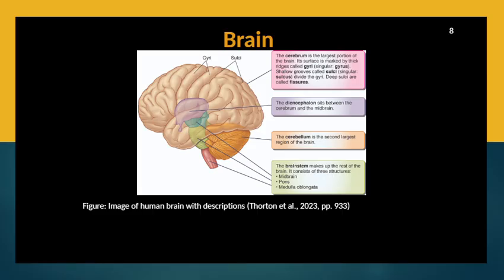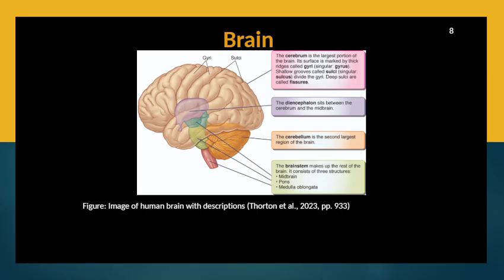Next is the cerebellum, the second largest part of the brain. It sits at the back of the head and plays a major role in balance, posture, and coordination of voluntary movements. The cerebellum does not initiate movement, but it fine-tunes motor activity so actions are smooth and accurate. Problems in this area cause unsteady gait, difficulty walking, tremors, and poor coordination, symptoms commonly seen in alcohol intoxication, stroke,